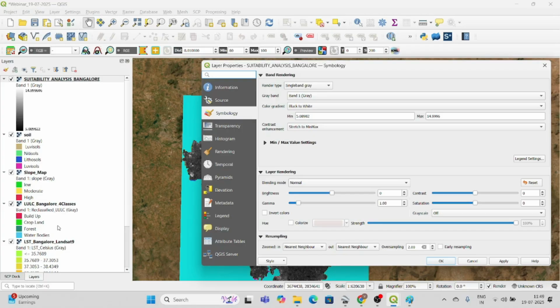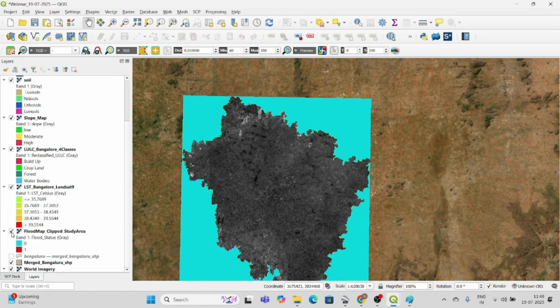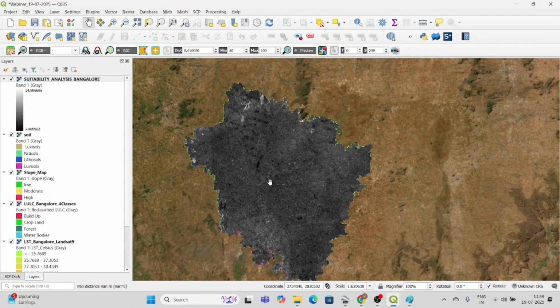Now I want to make sure that each and every person, or my boss, is going to understand this map, right? If I show anyone this map, will they understand what I had done here? They will definitely not understand because it is showing black and white. Even if I change any colors, they are not going to understand it. So I'm going to make it much simpler, so each and every one, even the older people, can easily understand it.